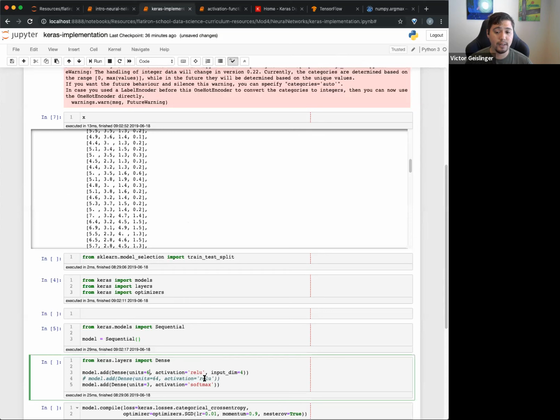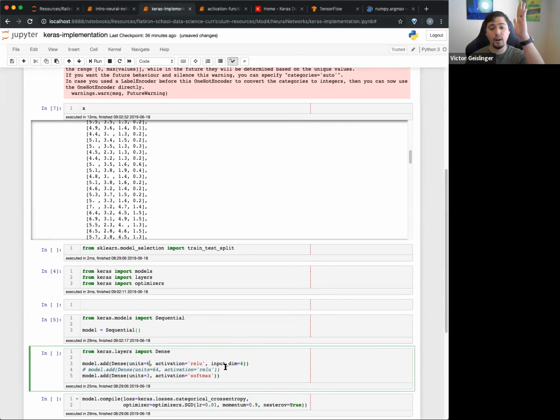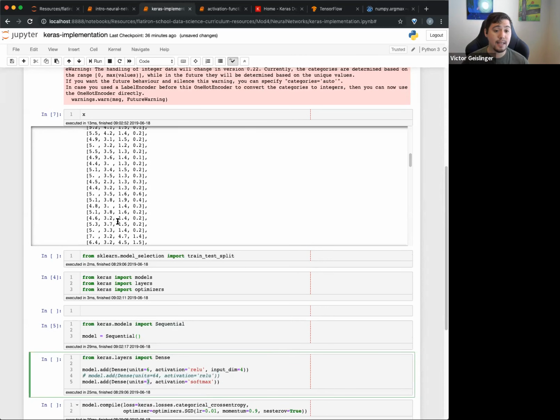So that's what I'm building right here. And then I'm actually just going to build 1 layer. So this is essentially our input layer, which is 4 of them, right? And then our next layer, which is 6 of them. And then we're going to output into 3 units. The reason I do 3 units is basically it can either be 0, 1, or 2 as the different labels in this data set.